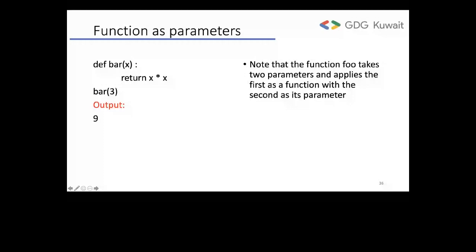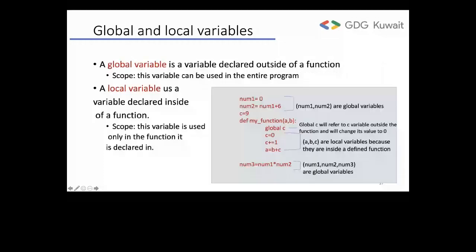Now we'll discuss something called global and local variables. I will illustrate it here in the example. Number 1 equals 0. This is a variable that is equal to 0. And we have another variable that is equal to 0 plus 6. Then we have another variable that is equal to 9. These variables that are out